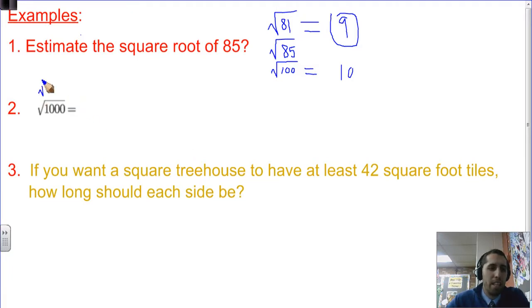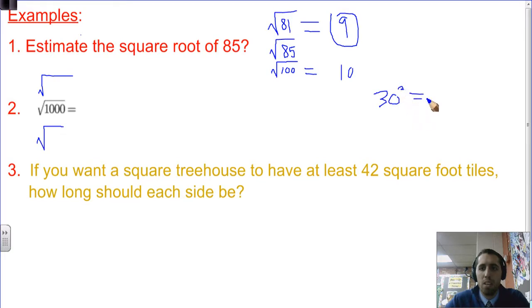So if I'm going to estimate this, I know that this isn't a perfect square either, because it would have to be like 10 times 10 is 100. The only way I could have just ones and zeros is if it was like 100 times 100, but that's 10,000, so that's too big. So let me think. Here I want to figure out, well, what two perfect squares is it between? I don't know the perfect squares up that far, but I can try and estimate and think, well, if we're getting near to 1,000, I know that 30 squared